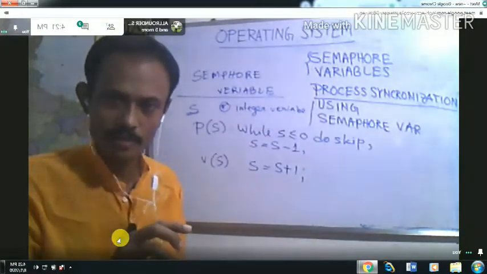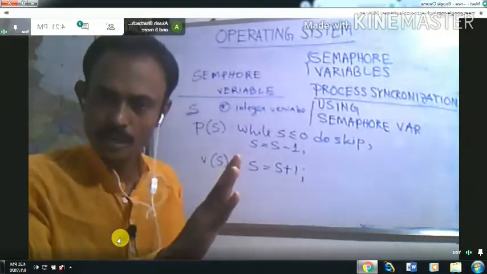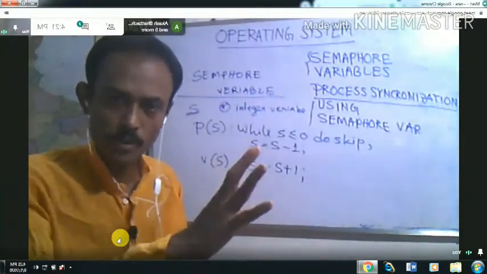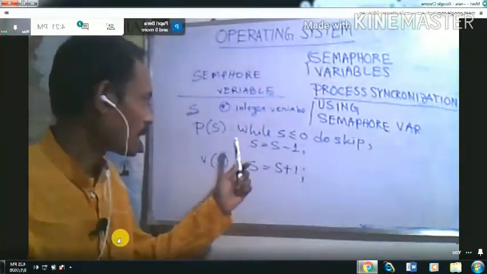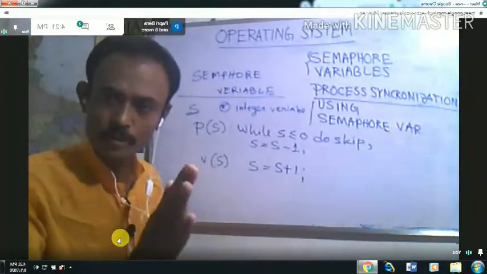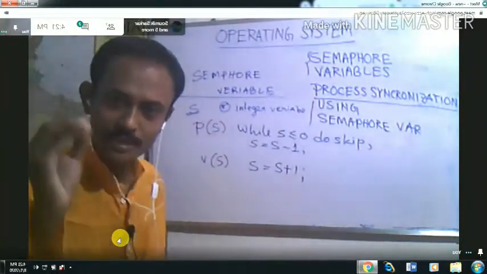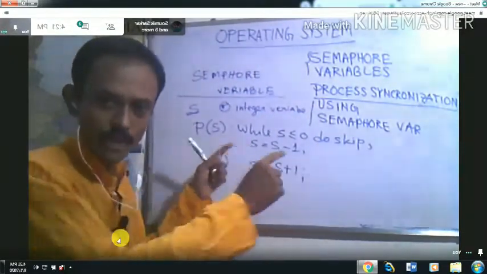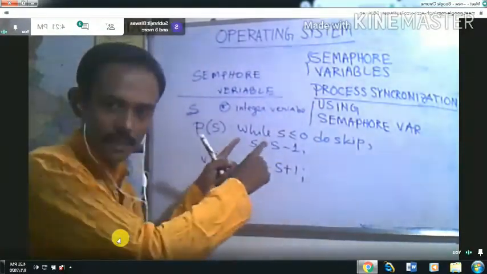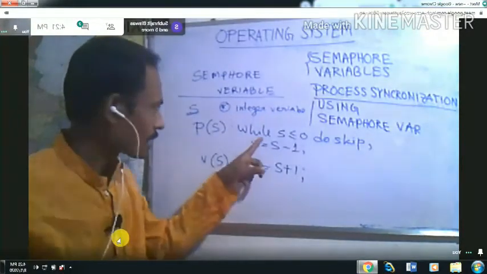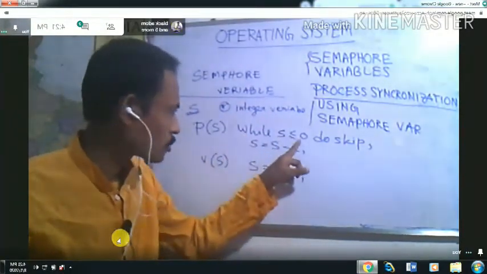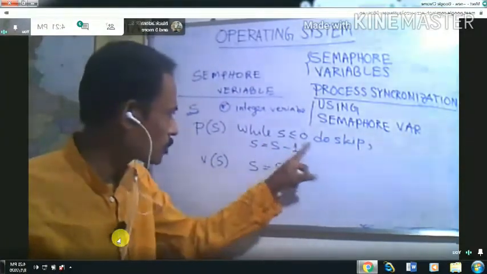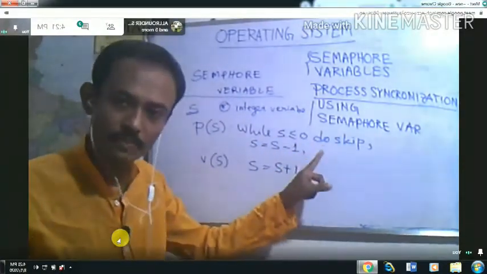If you follow the last 2 or 3 classes, then I think everything will be clear. Those who already followed the previous classes, it is clear to them what the purpose of this while loop is. If a process satisfies this while loop condition, it will wait within the loop. That means if this while loop is satisfied, the process cannot exit from the while loop.